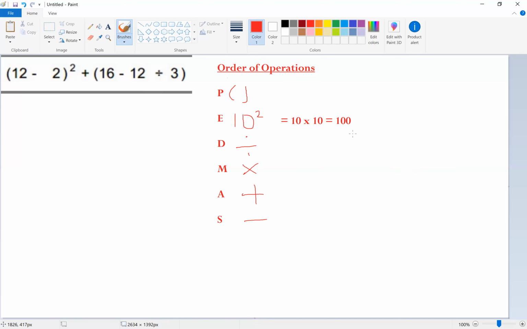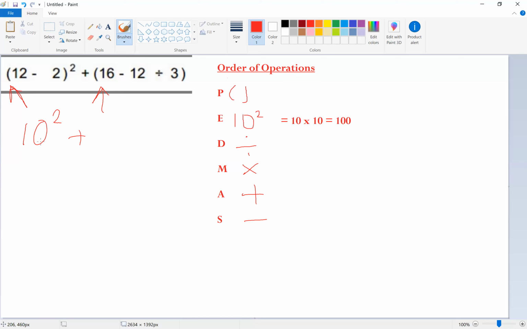But here we have all of it. So first we have the parentheses, so we have to do these first. So let's do what's in the first parentheses. It's just 12 minus 2, so that's not going to be too bad. 12 minus 2, easy, it's 10. We have a little exponent there, but let's not do that yet because we need to do the parentheses first. So that means we have to do what's in the second set of parentheses before we can continue on with